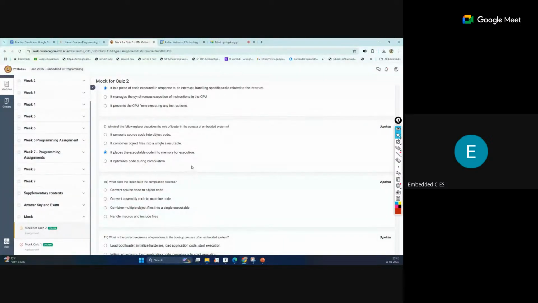So loading means we are placing our executable code, not the source code. The source code is converted into object code or machine code, and that is loaded into RAM, and then it is read by the processor instruction by instruction.